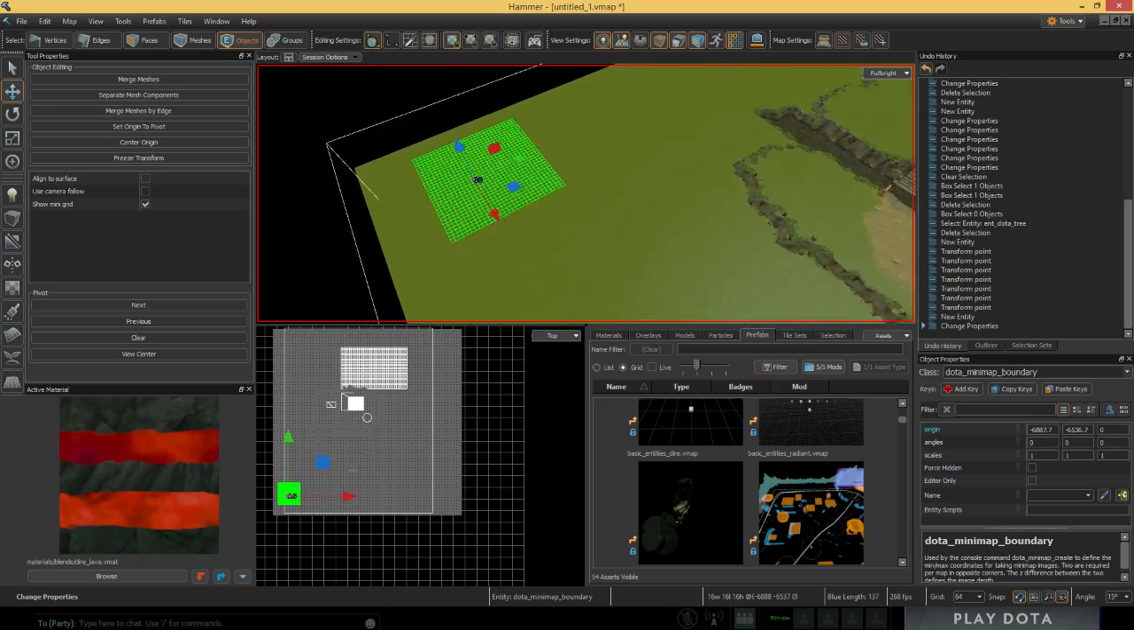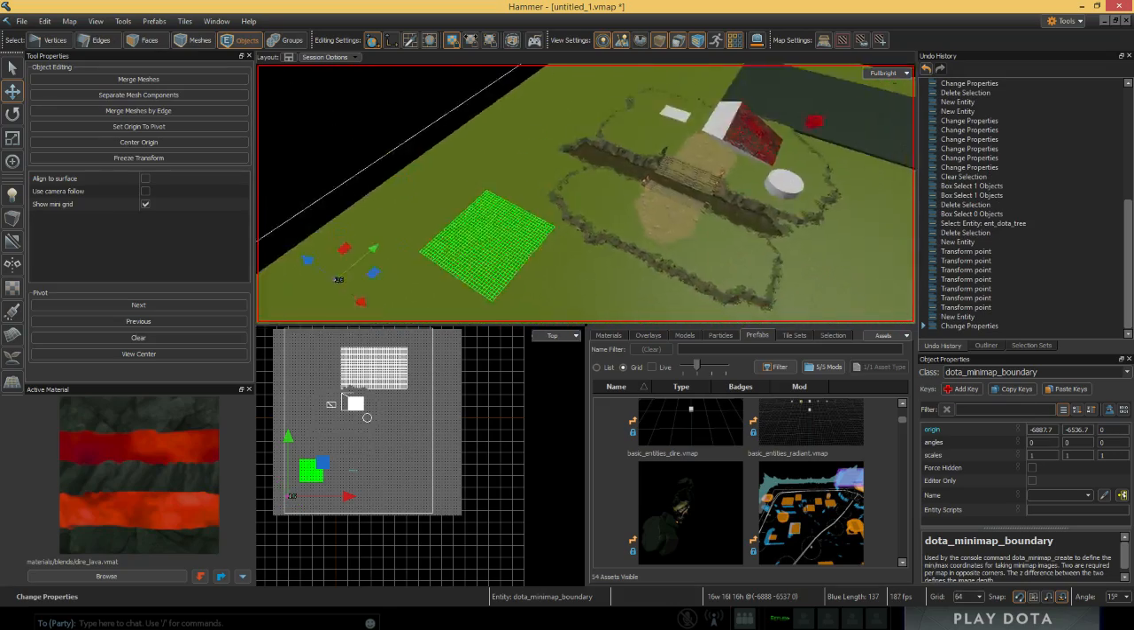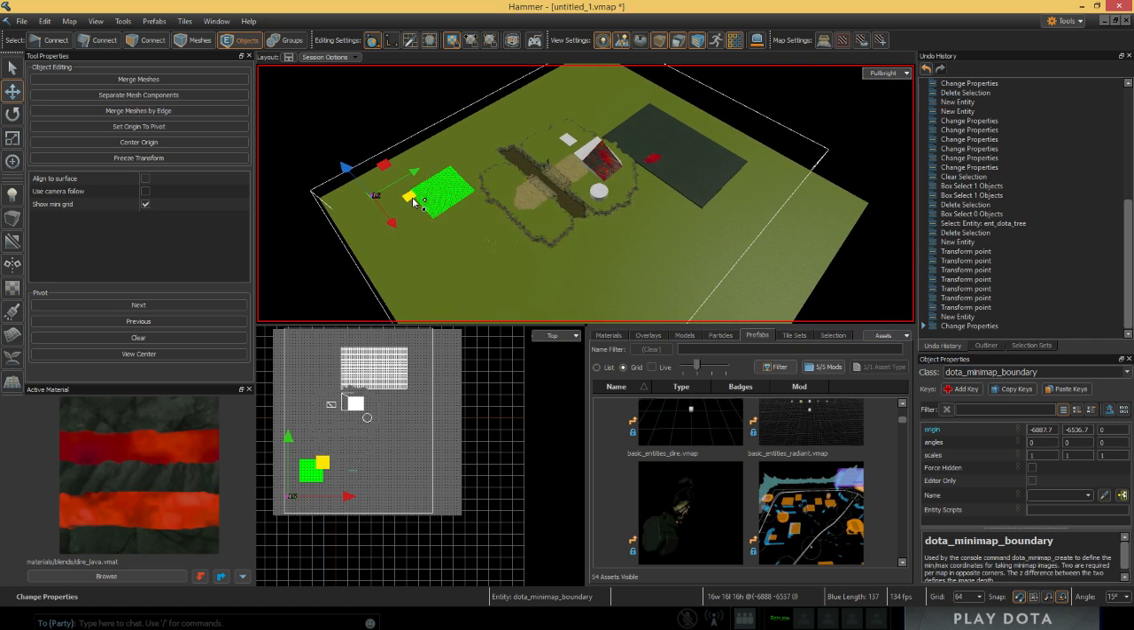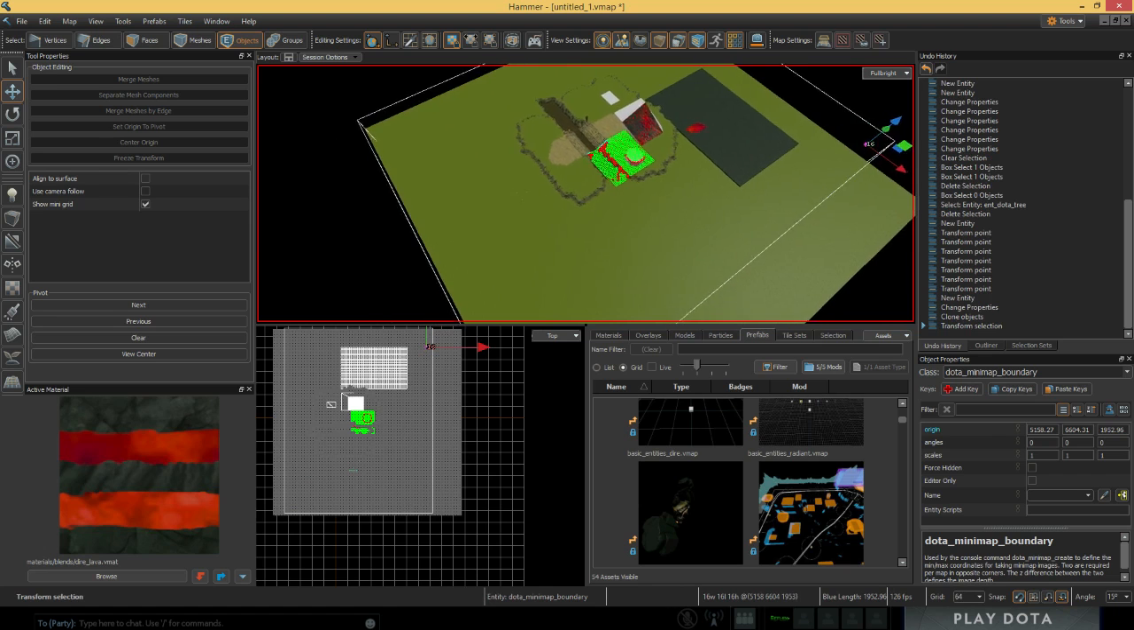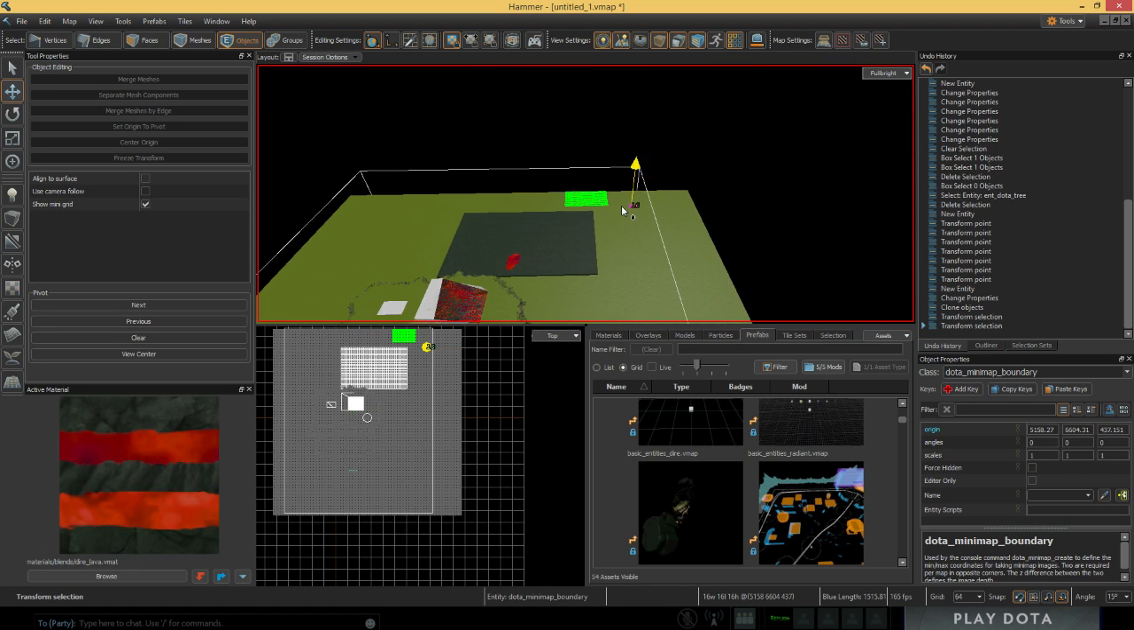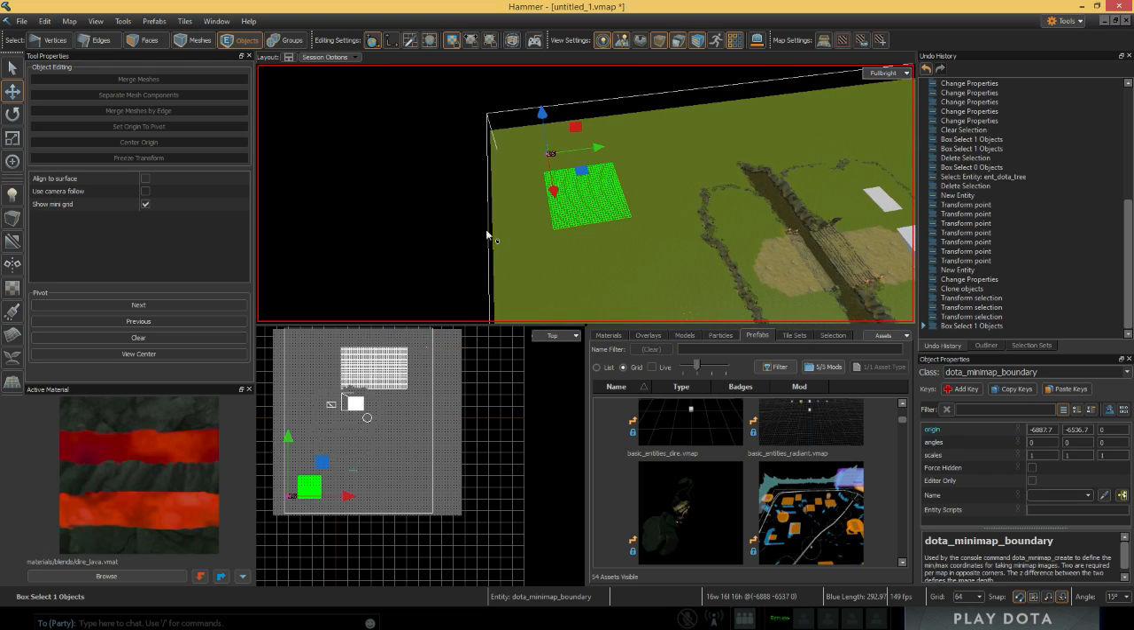Then you place a second, and I'm just going to use the translation tool so I can clone from this, pull it this way, and then pull it up. And now what I've got is one, well, it's way too high. That's a little bit better. So now I've got two minimap boundaries